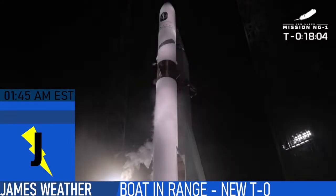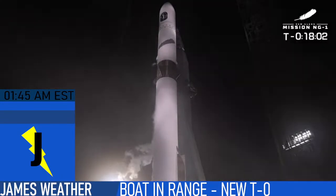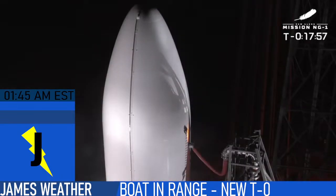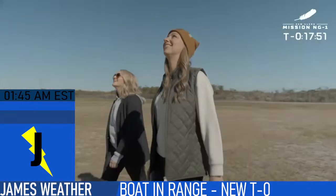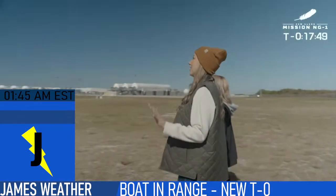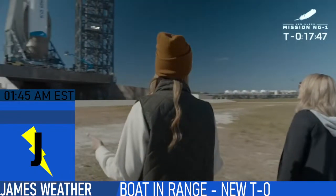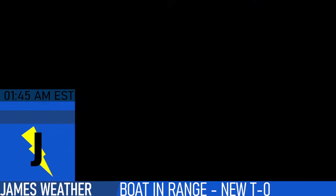This vehicle is so large, and it's not often that people get to stand up close to a rocket. We showed this the other night during the first broadcast, but you and I got a chance a couple of days ago to walk next to this rocket, and man, oh man, there's some footage there. God, it's huge. It's one of the things that I think I will remember the most from this whole experience. We spent years just engineering the requirements and building it and testing it, and then...